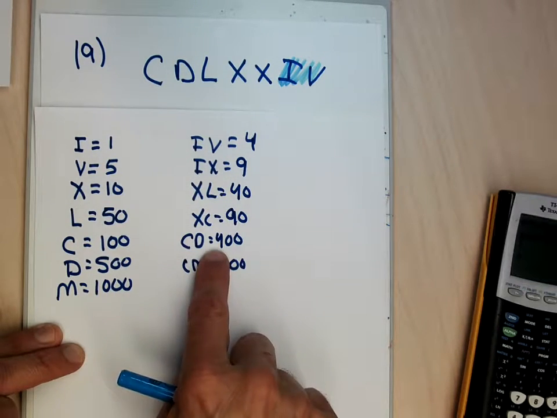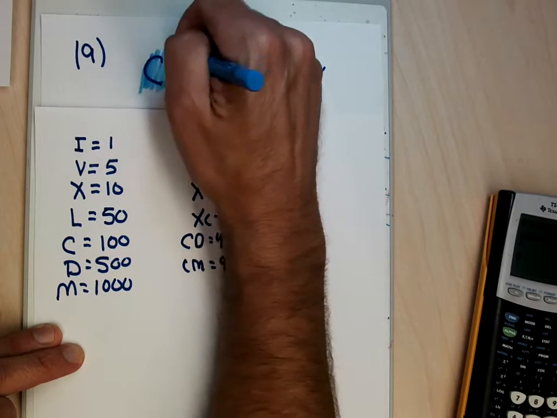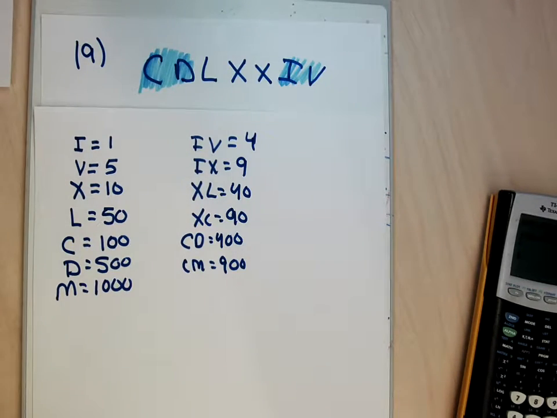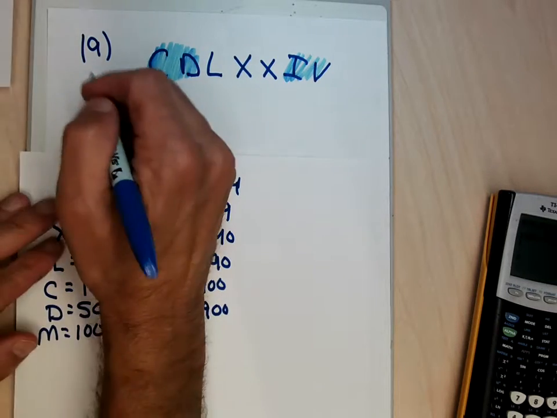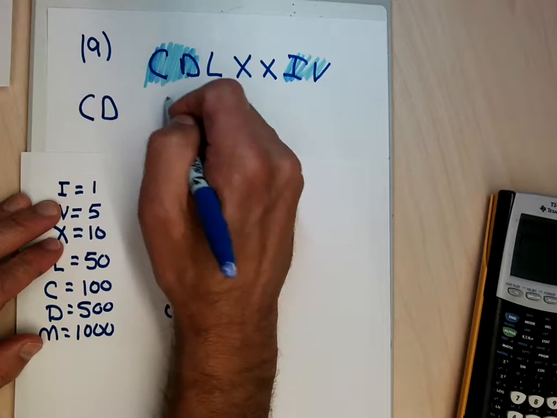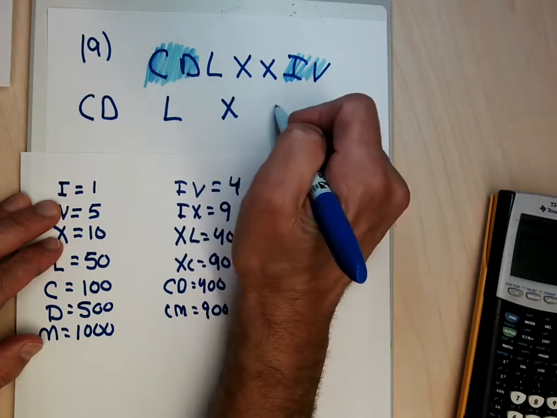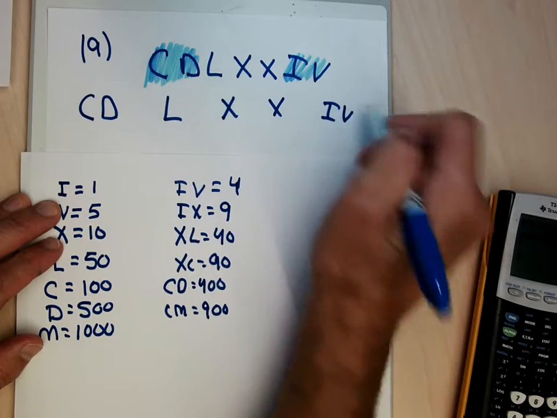Is there a C before a D? Yes, there is. I need to keep those together. There's no M, so that's everything I need to contend with. And now I'm going to find values for each one of these. So I'm going to find a value for a CD, an L, an X, and an IV, all on this